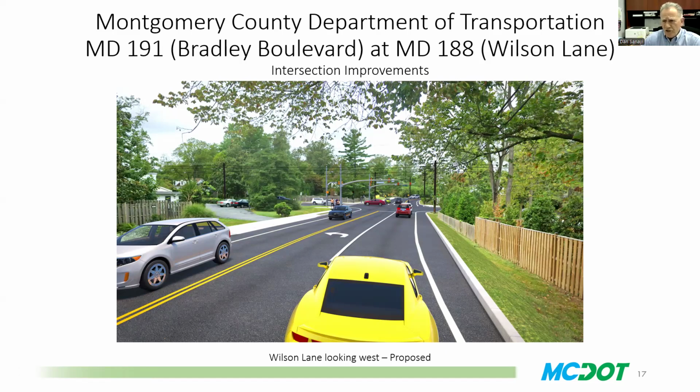This is by far the largest project we have done under the intersection improvement program, and it took us a while to get here, as you can imagine. We are estimating a construction timeline between 6 months and maybe 8 months. But we are going to do everything. The contractors are aware, and we have their commitment to do everything they can to minimize the impact on the community. And so with that, if there are any questions,